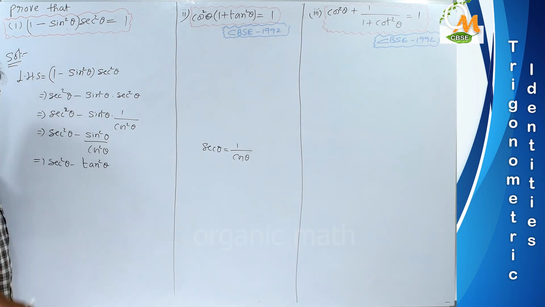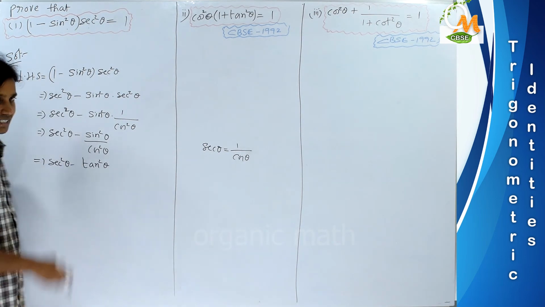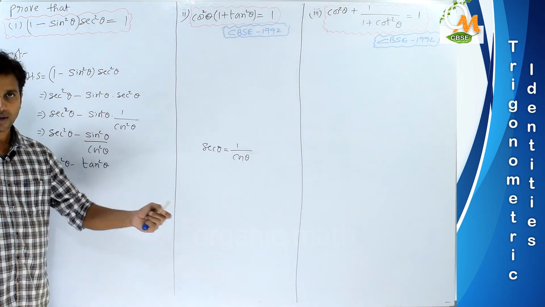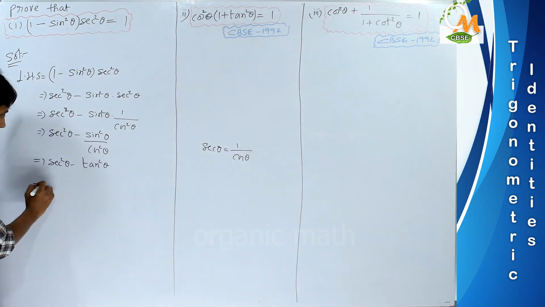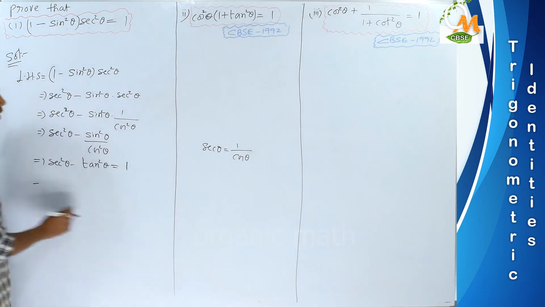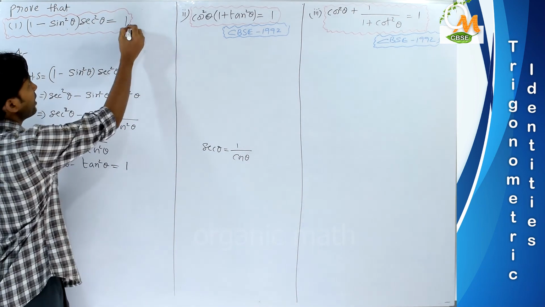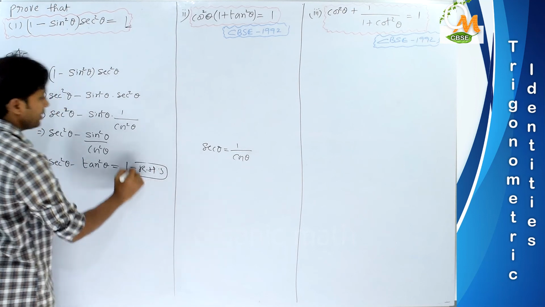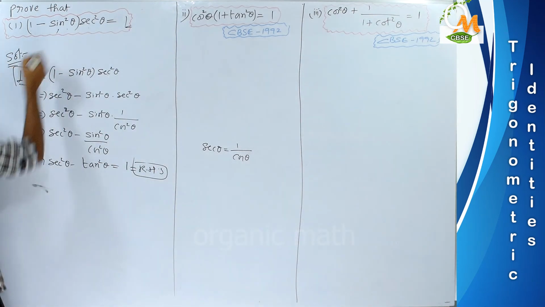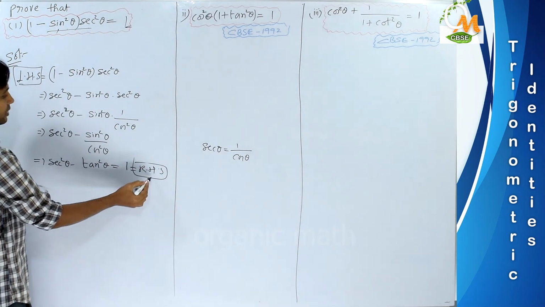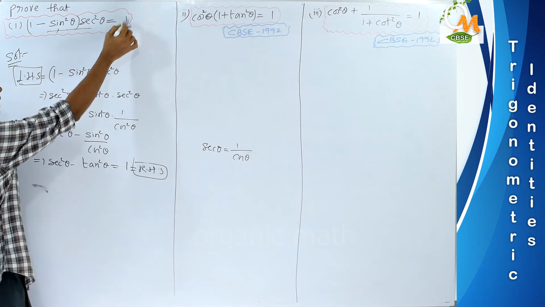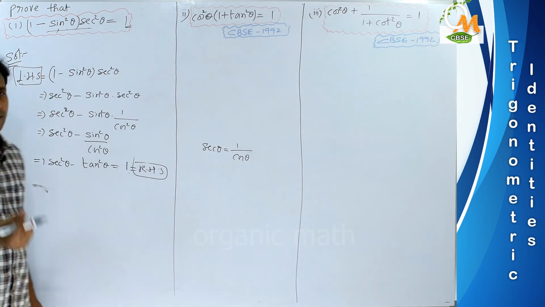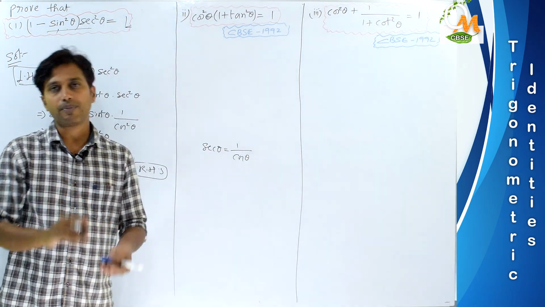What did you observe here? There is a standard identity of trigonometry that secant square theta minus tan square theta equal to 1. So is it 1 or not? So this equal to what? 1. Okay. Here is it RHS or not? Exactly. So hence we proved it. Means we took LHS part, that is this, okay, and we successfully obtained RHS part. Okay, this is your first problem, very simplest one, means very ground level applications.